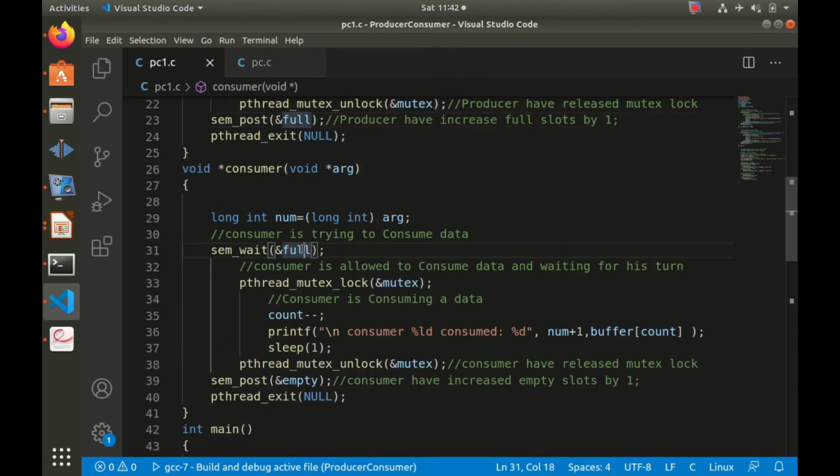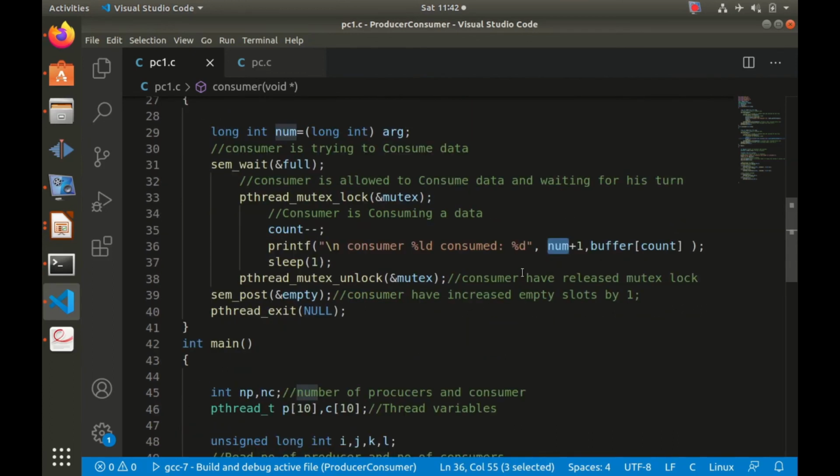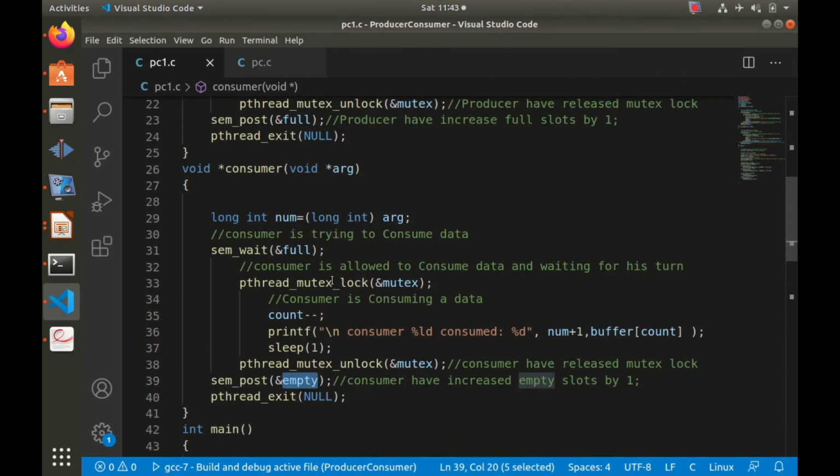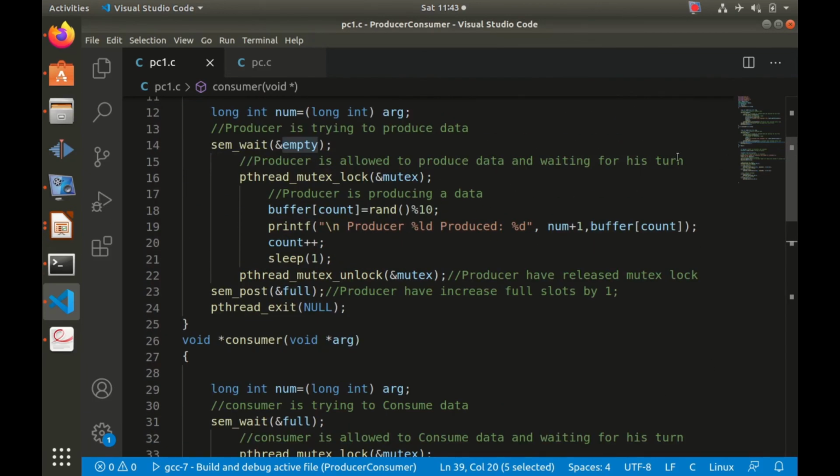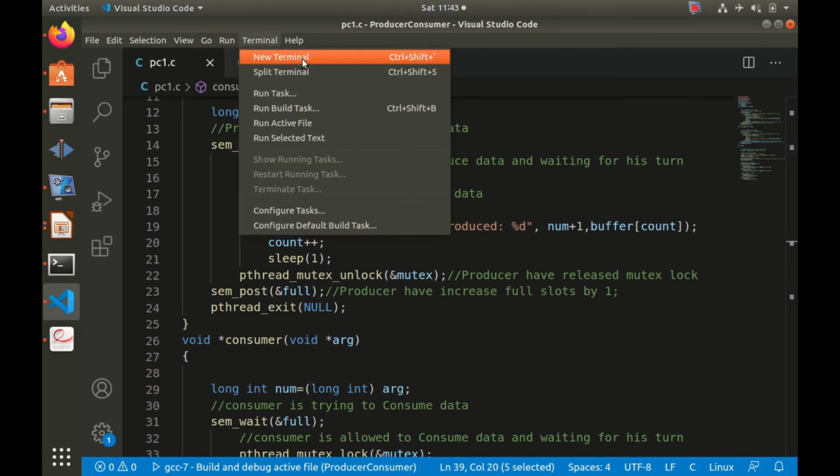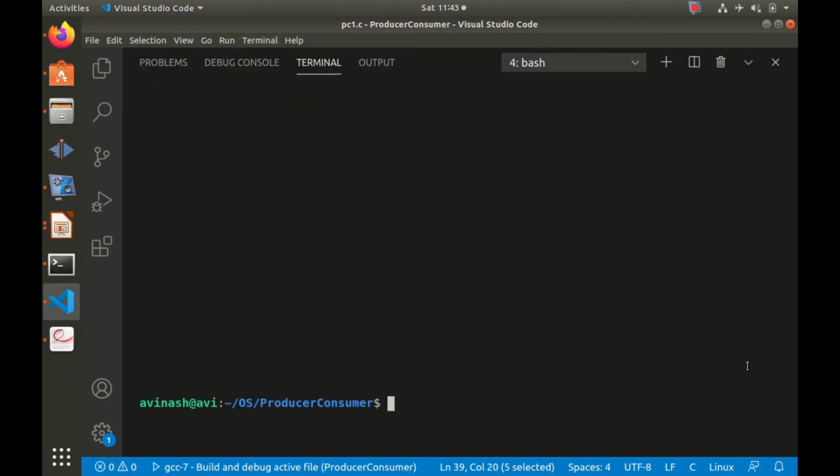Similarly, the consumer decrements full by 1, and then acquires the lock of the mutex. If the lock is given access, then the consumer will consume the data. That means he will remove the data from the buffer. We are decrementing the count here and printing what the consumer has consumed. And then we are incrementing the value of the empty variable, and finally exit the function. Okay, so in this way the producer and consumer functions will execute without any problem by synchronizing with